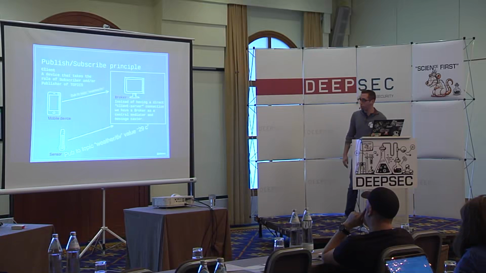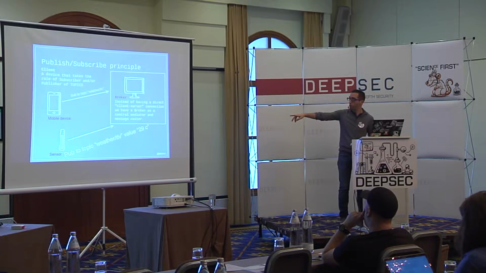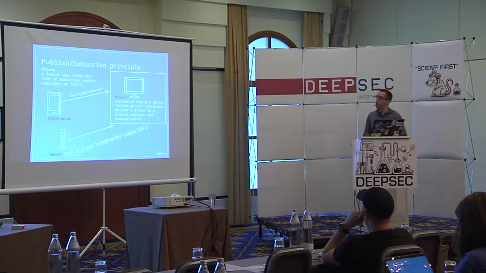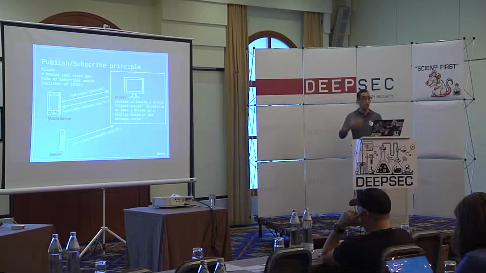Now the sensor is subscribed to it, and then another mobile device is subscribed to weather/TLV as well, up there, and then it publishes to the topic weather/TLV the value 29C, 29 Celsius. It's pretty okay for a Tel Aviv summer. When we have 29C, the broker receives it, thinks about it for a second, and resolves whoever needs to get this information, who is subscribed to this topic. It resolves that the mobile device we're using is subscribed to it, so the broker publishes the information to the mobile device, and then we know what the weather is according to our sensor.